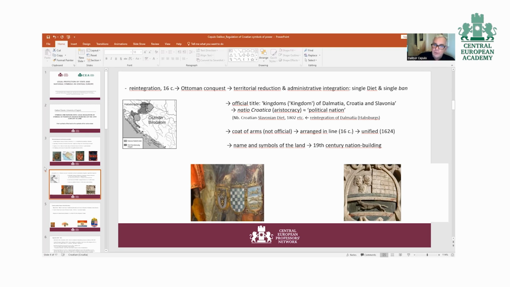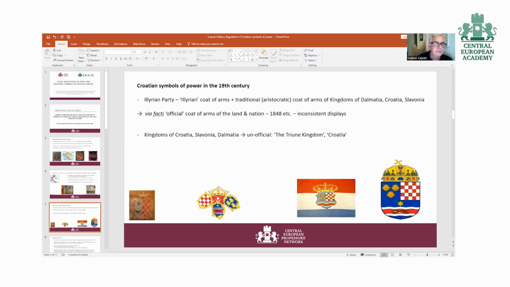The coats of arms were not proclaimed as an official symbol of this common territory, but they started to be set in line. And in the 17th century, unofficially, they merged into the common coat of arms of the three lands as a single coat of arms. This became the basis,